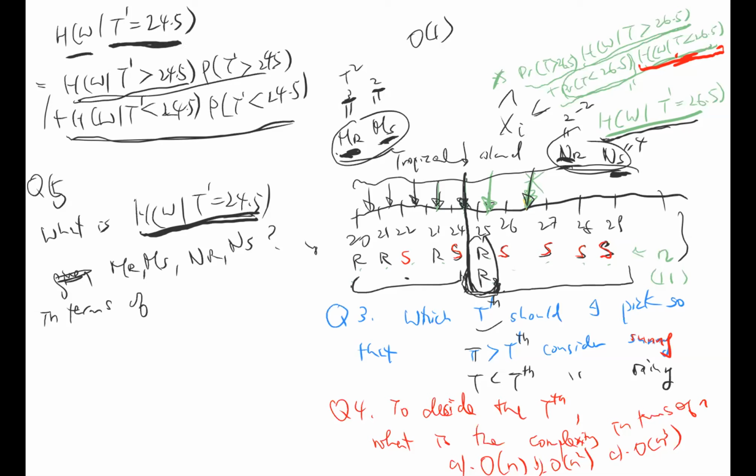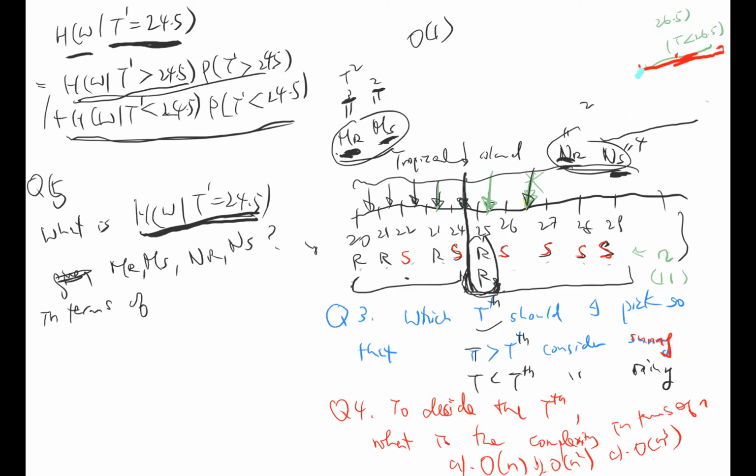Now what is given here is 4 numbers: MR, MS, NR, and NS. Let me write down the definition of these. Let me erase a little bit more. MR is the number of rainy days